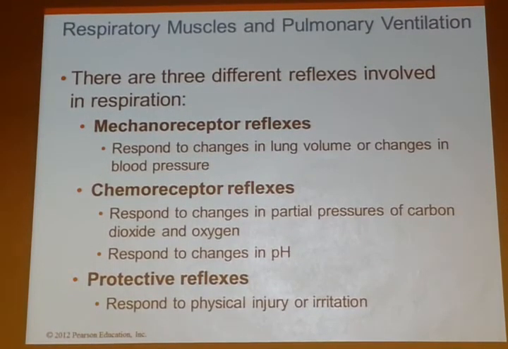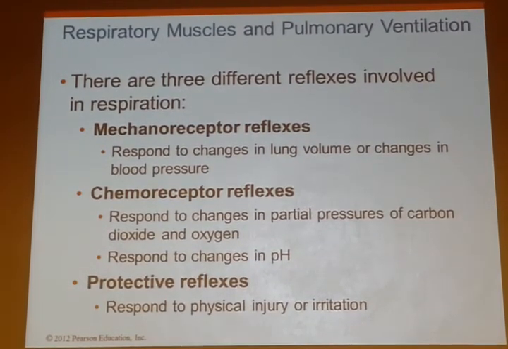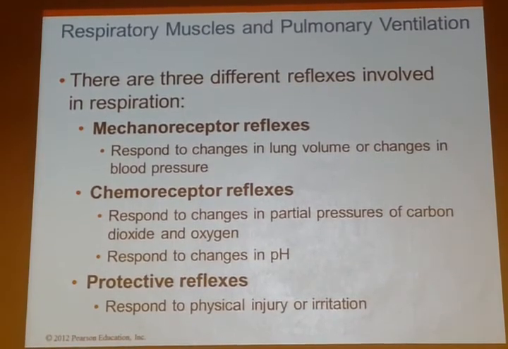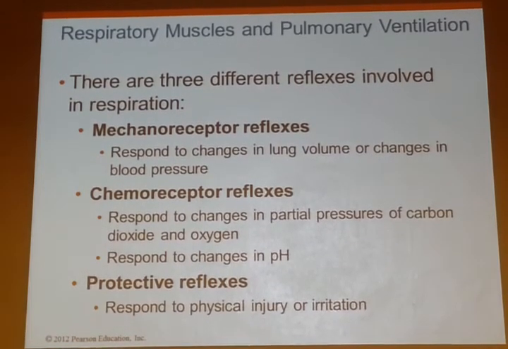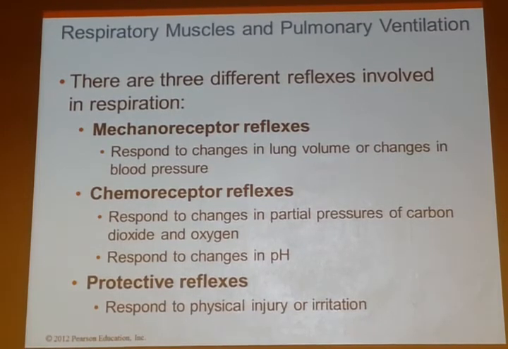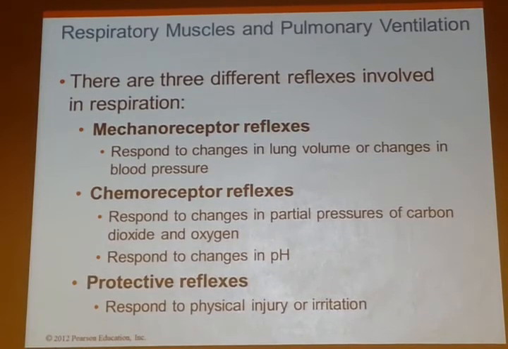We're going to be relying on mechanoreceptors. These are our baroreceptors. They're measuring pressure in the airways, and they're going to be telling us about the change in our lung volume. We actually have stretch receptors in the lungs to help prevent us from inhaling too much air. You don't think about the fact that it's possible to inhale too much air, but it is actually